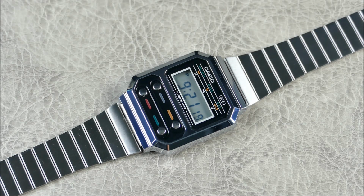my son's wrist. Now, closing thoughts here, guys, on the wrist. It wears very similar to the classic A168WA-1. It's a little bit thinner in terms of its profile wise. I guess it's less square and just a touch more rectangle from a vertical standpoint, but I think that also helps the watch flow a little bit nicer, as it still does have a pretty small lug to lug, but it has a really nicely hooded lug design layout, which flows really